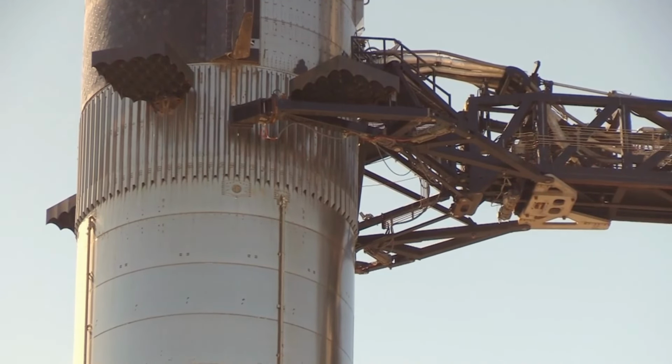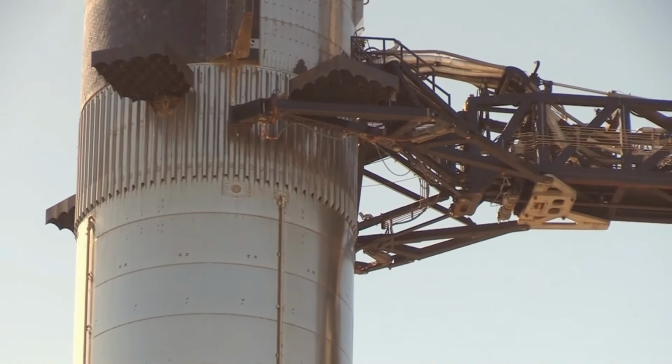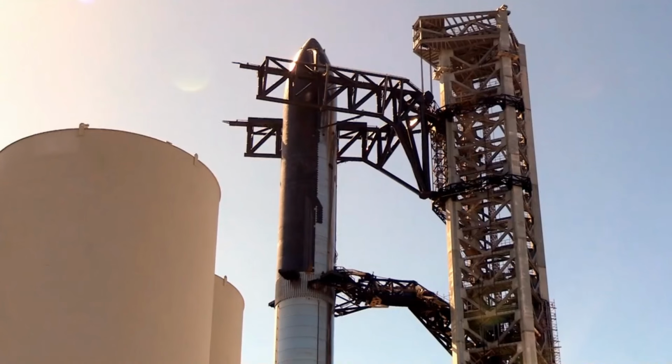Mars missions. The mission's aggressive objectives, including attempting a tower catch on Booster 16's maiden flight and demonstrating critical in-space capabilities, embody SpaceX's philosophy of pushing boundaries while learning from each attempt. The technical data gathered from Flight 10, whether in complete success or partial achievement of objectives, will inform the rapid iteration of Starship